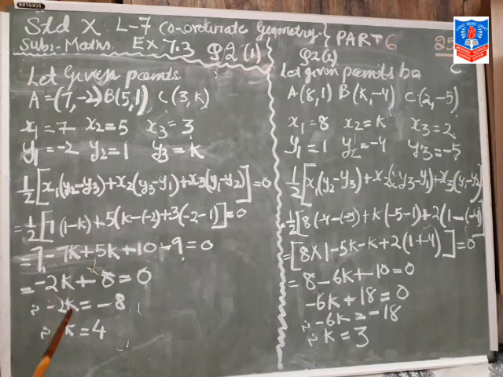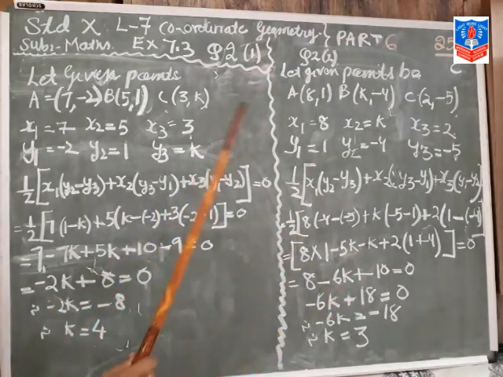So minus 2k equals, we are shifting our number from the right hand side because we want to find out the value of k. Find the value of A, find the value of B, because one number is missing. Okay, so now the variable on the left hand side and the number on the right hand side. So we can write k equals 4. Clear children? So here minus minus both the sides we can cancel it.